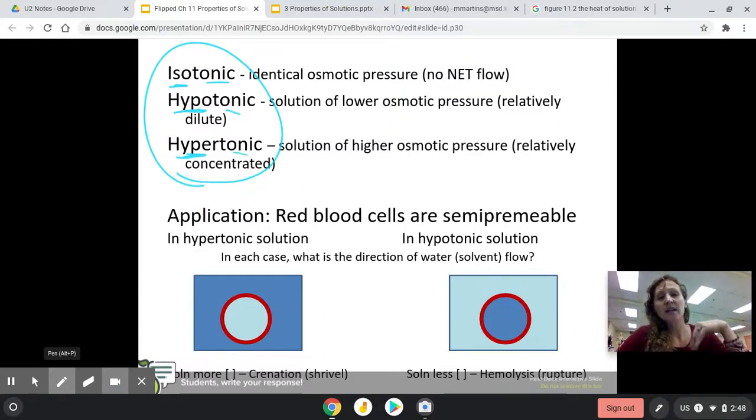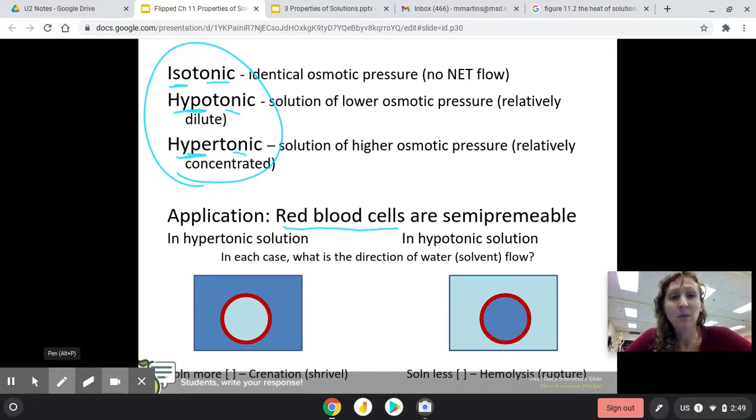So isotonic solutions would be where the two solutions are the same concentration. Hypotonic is where your subject is at a lower concentration than whatever it's being compared to, usually the surroundings. And then hypertonic, again, your subject is at a higher concentration than whatever you're comparing it to. Usually it's surroundings. So the biological application of this is usually when we're talking about red blood cells, because red